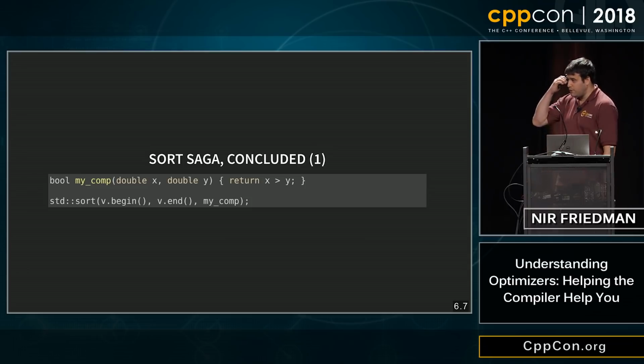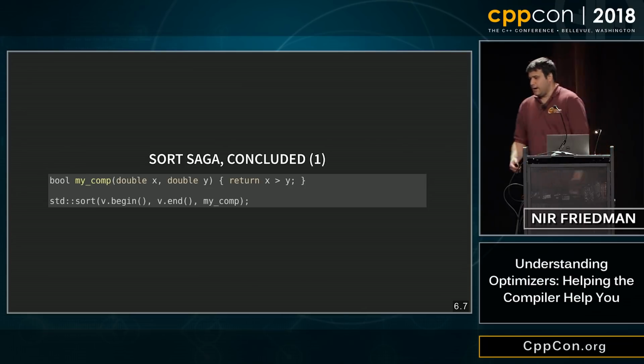So why, if we think about all the things we've talked about so far, why does this produce poor assembly? Well, it comes back to this problem. When the function pointer gets passed to sort, it deduces its type. And its type is going to be a function pointer type, right? And that function pointer type does not encode what's getting called. It's the value of the function pointer that decides what's getting called.